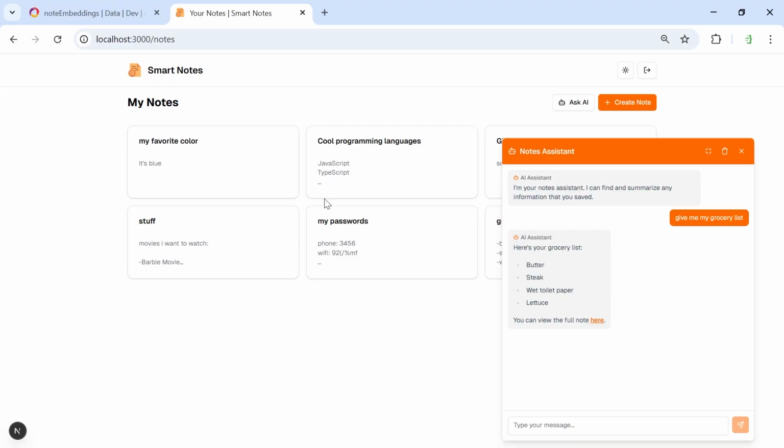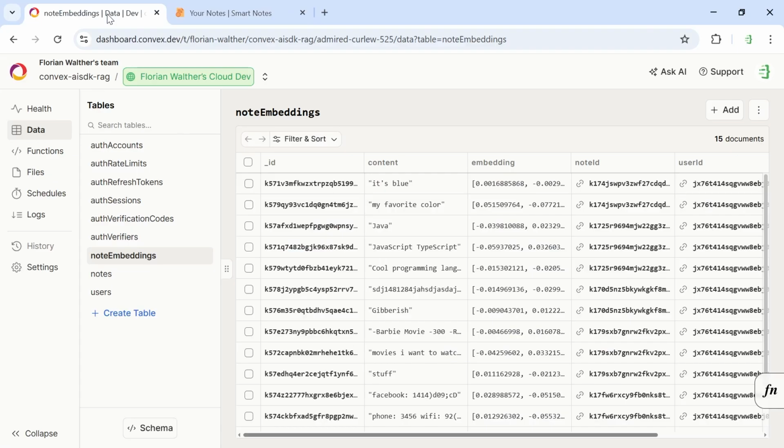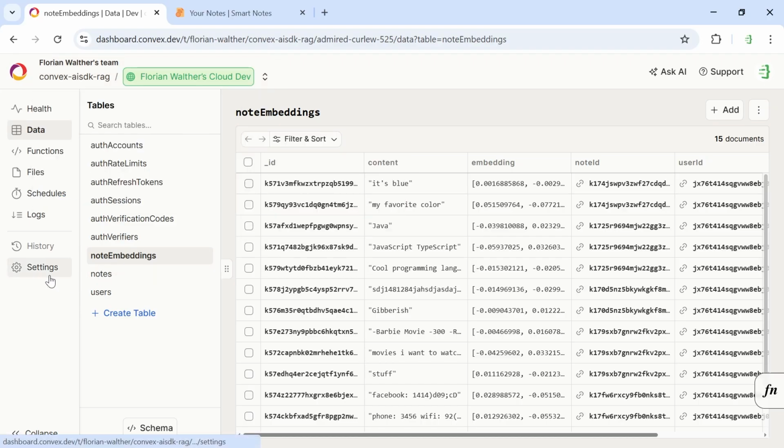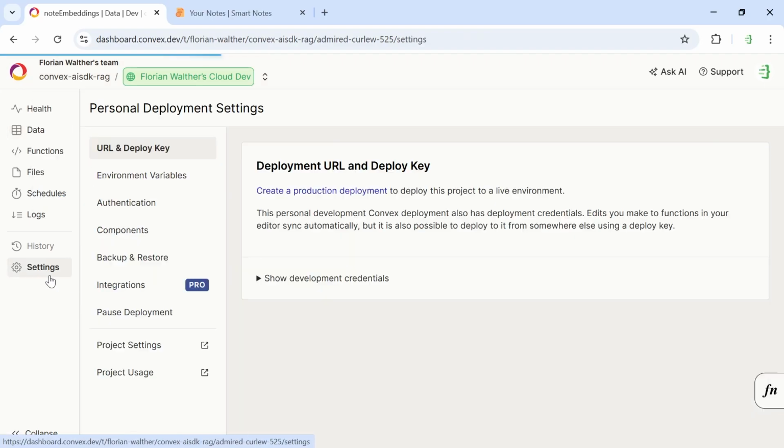To get our app ready for production, we go into the Convex dashboard again. And the cool thing is that Convex automatically gives you a dev environment and a production environment with different databases. So you can make changes in development, insert data and so on, and you have a separate database in production. So what we do is in our project, we go into the settings, go to URL and deploy key and